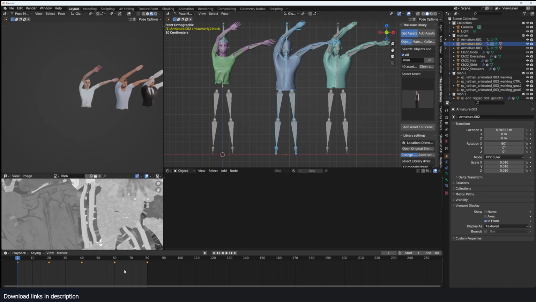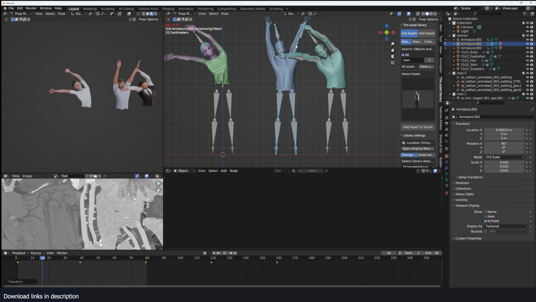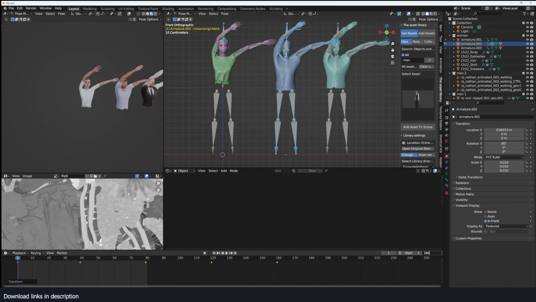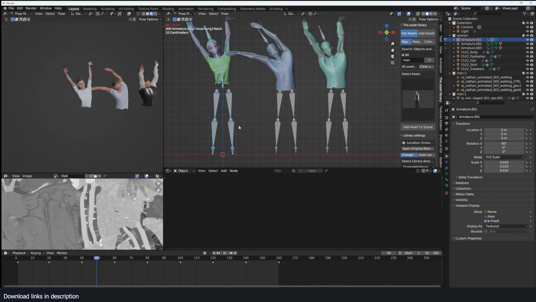So make sure you have all the keyframes selected and then scale twice. Yeah, now you can see that these have increased the keyframe count. I'm also going to grab these keyframes and just duplicate them. If you're duplicating the keyframes, you do it in pause mode, otherwise you won't copy all the keyframes